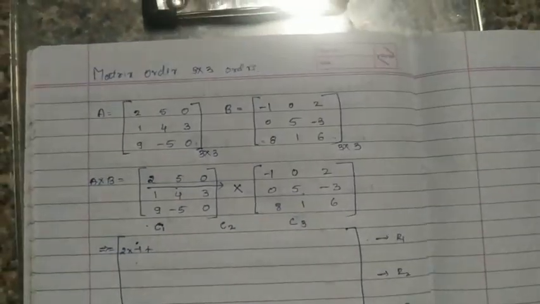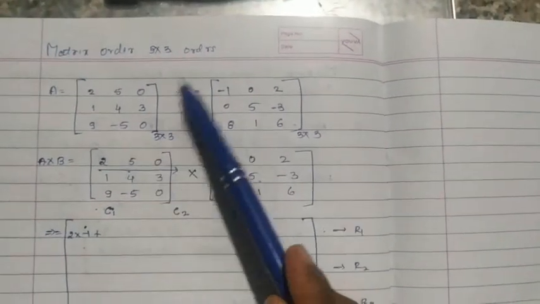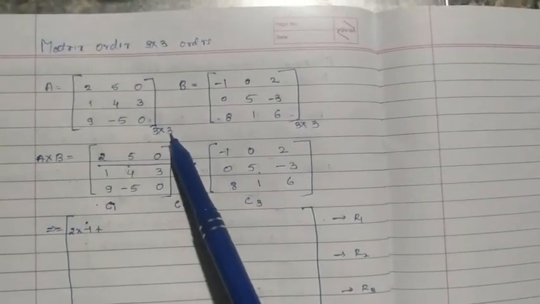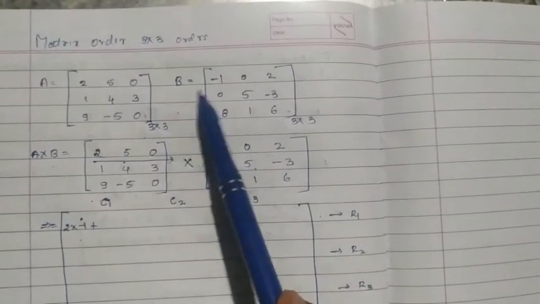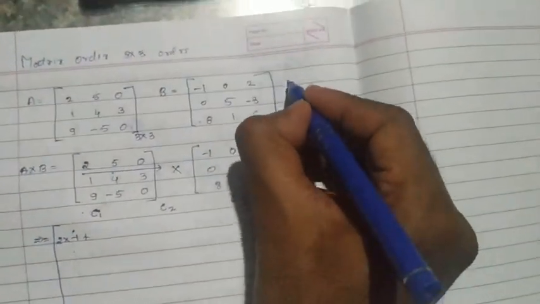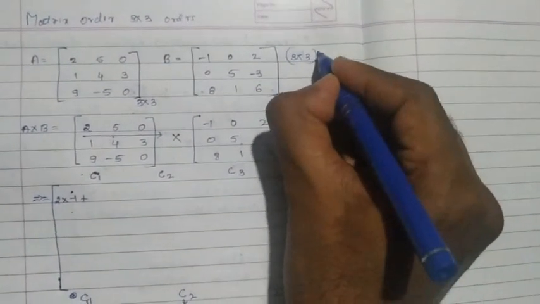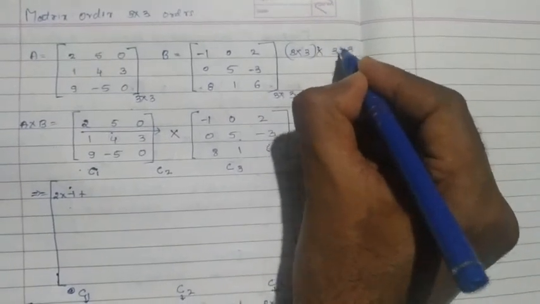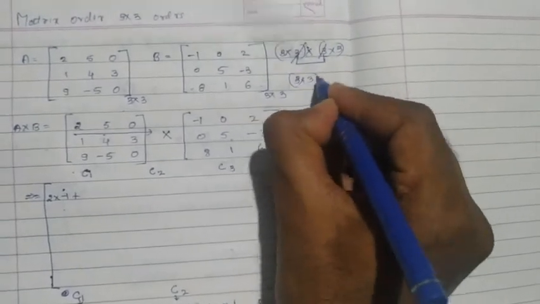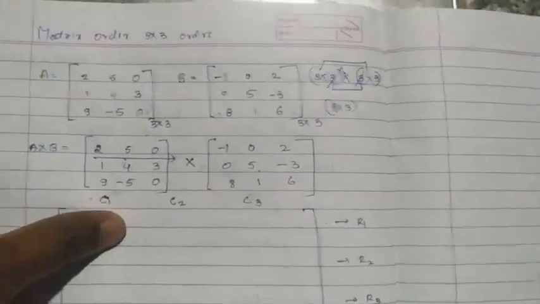The next is the multiplication between two matrices having the same order, square matrices of order 3 into 3. If a matrix A is 3 into 3, with the same number of rows and columns, and matrix B has the same number of columns, we have to check whether it is applicable for matrix multiplication or not. 3 into 3 of A and 3 into 3 of matrix B, then it is applicable or not. If both are having the same, at the last we get matrix order 3 into 3, then it is applicable for the matrix multiplication. Got it?